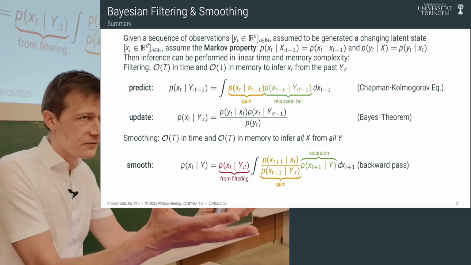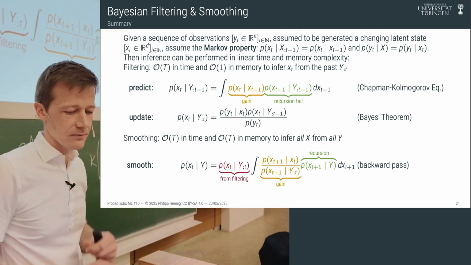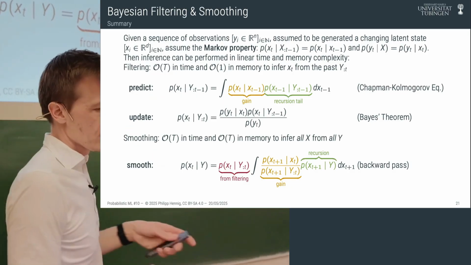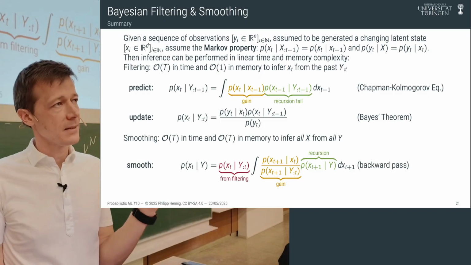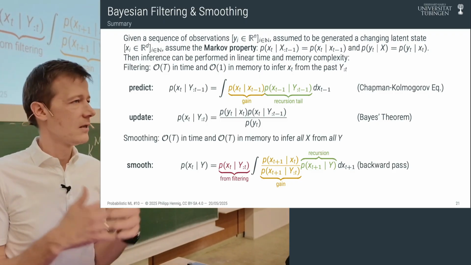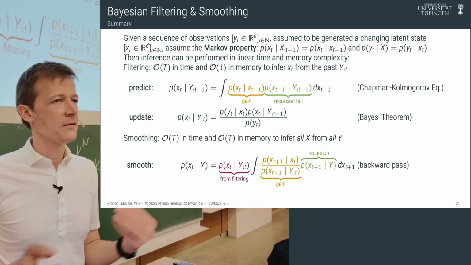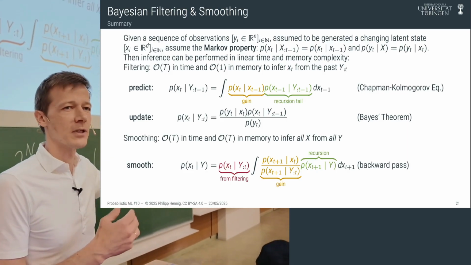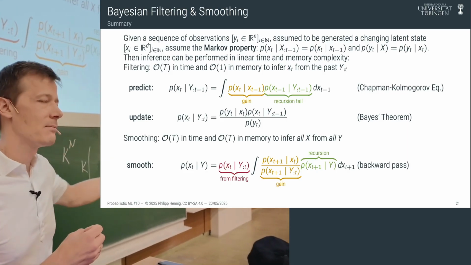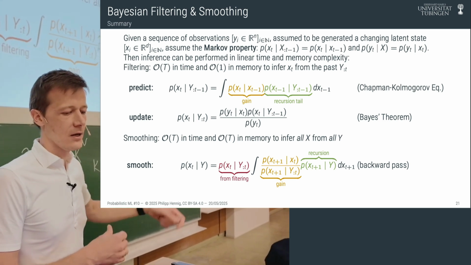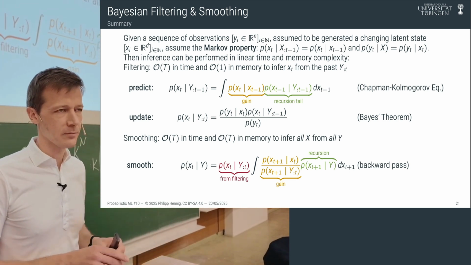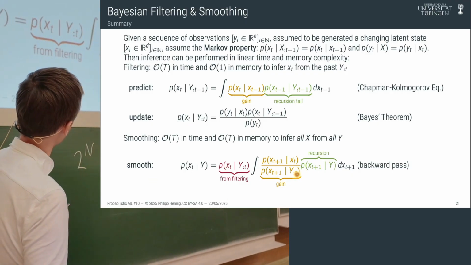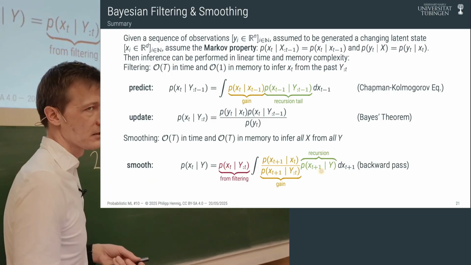These together are called filtering, this predict-update step. And then afterwards, if I should have an endpoint, if at some point in the future data stops arriving, and I have time to think about the past and reminisce about what I used to believe, and I want to update my beliefs now in hindsight, then I need to do this extra step called the backward pass or the smoothing step that, again, is a recursion, but now it's a recursion in the other direction.